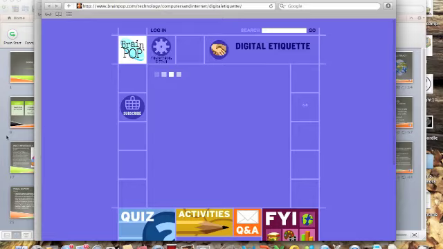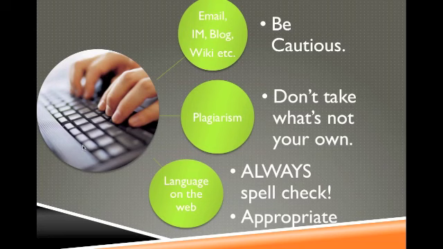When emailing, IMing, blogging, creating wikis, etc., you need to be very